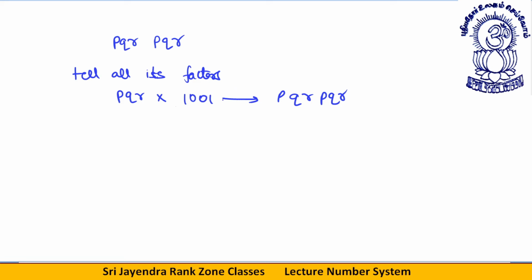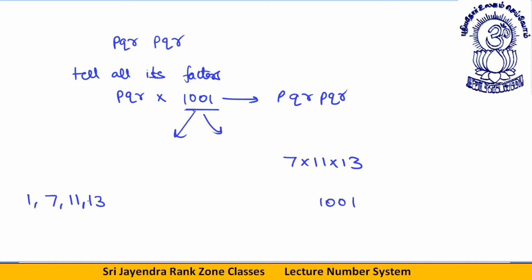Now what I get is, how do I get this number PQR? This is basically a product of 1001. So we have to tell how this 1001 is built up and what the factors of 1001 are. First of all, I know 1001 is built by 7 into 11 into 13. Let's write down all the factors of 1001: 7, 11, 13. Okay, 1 is definitely a factor of this. 1001 itself is a factor of this.